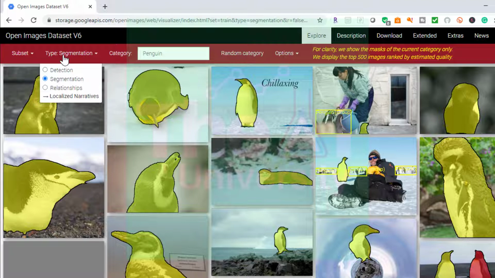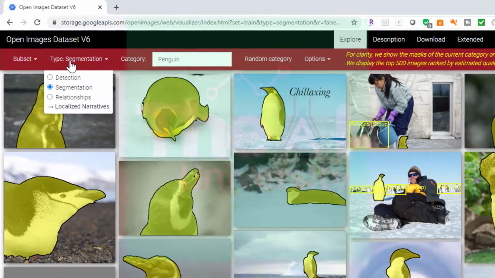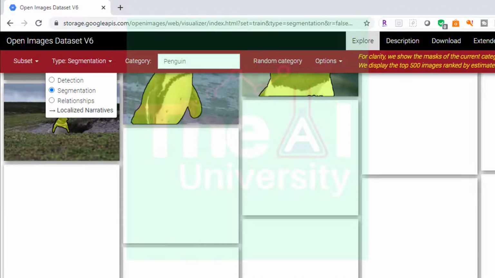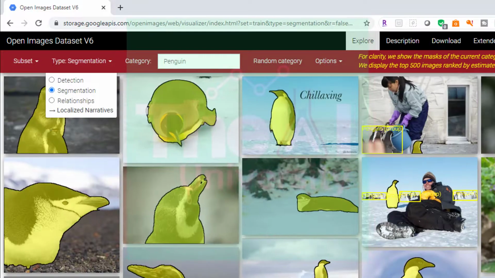Then we have a type section where you will find three types, namely detection, segmentation and relationships. So you can explore the dataset for segmentation problems as well. Okay, right now you can see that it has selected the segmentation option and that's why you are able to see the segmentation related images.